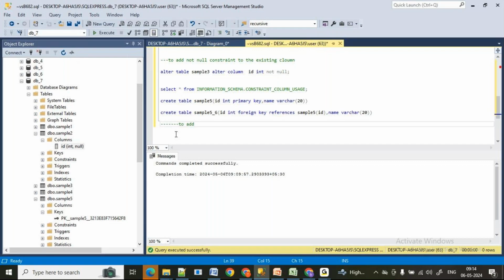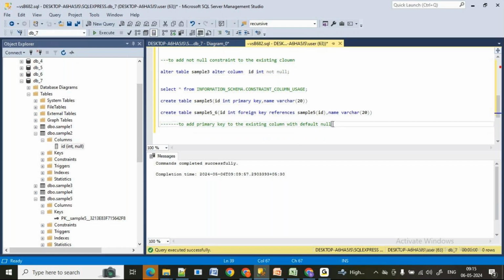To add a primary key to an existing column which is null by default, what do I have to do?